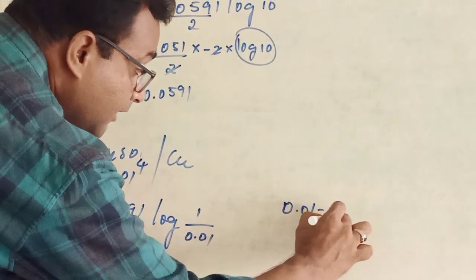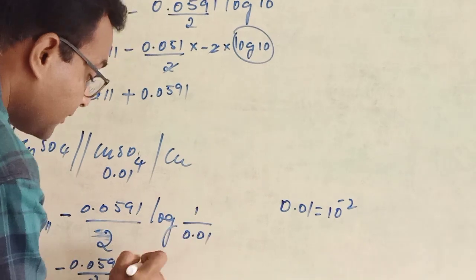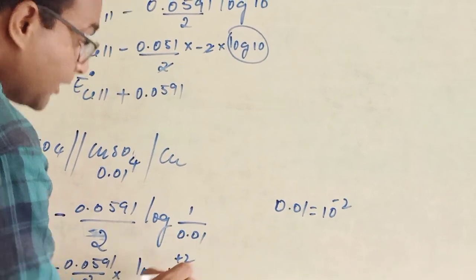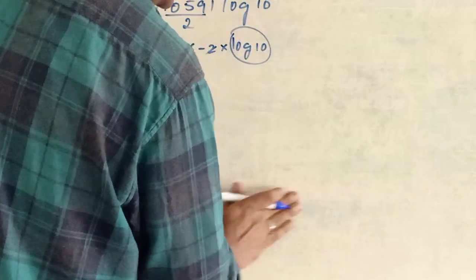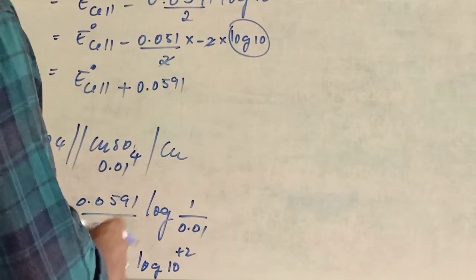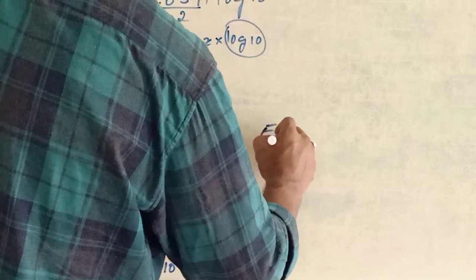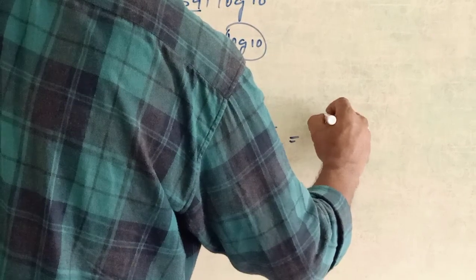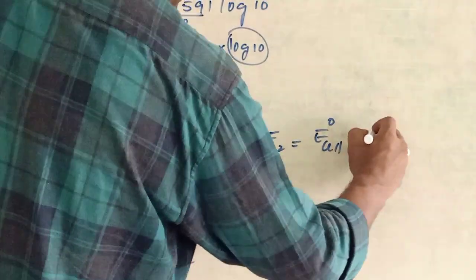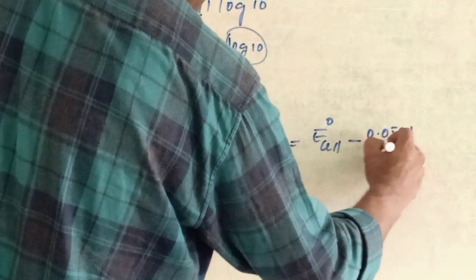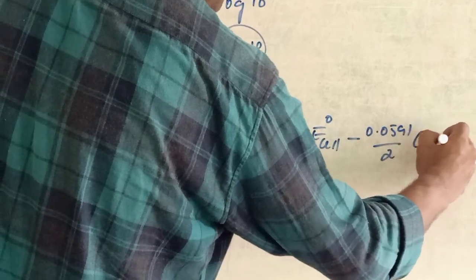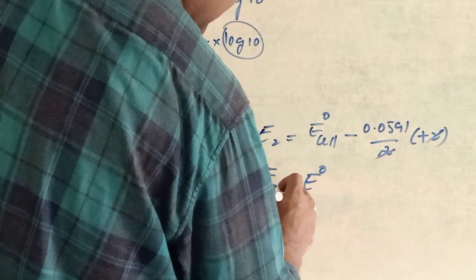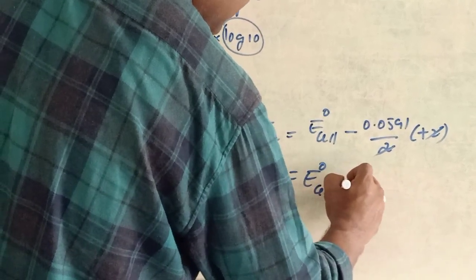0.01 is nothing but 10 power minus 2. When it goes to the numerator, it becomes plus 2. So it is log 10 power plus 2. Then finally, it becomes E2 is equal to E naught cell minus 0.0591 by 2 into plus 2, to get cancelled, then E2 is equal to E naught cell minus of same thing